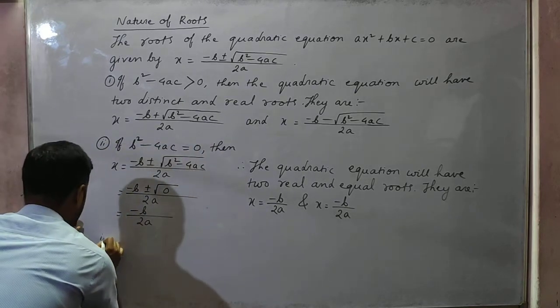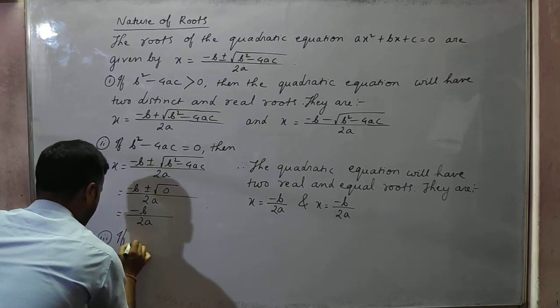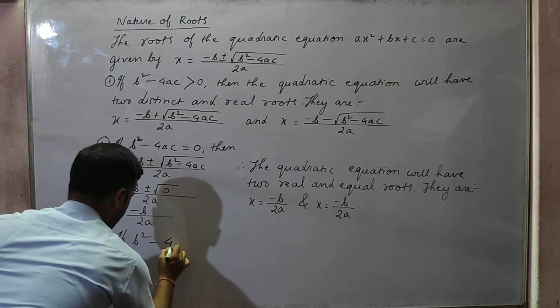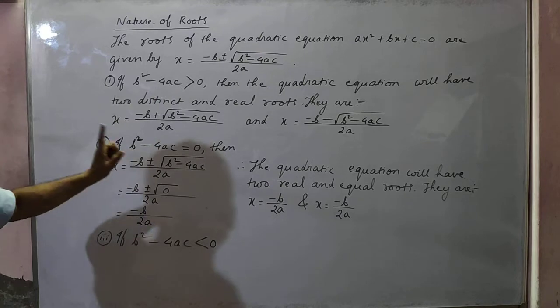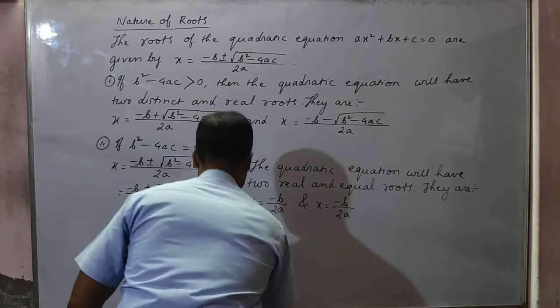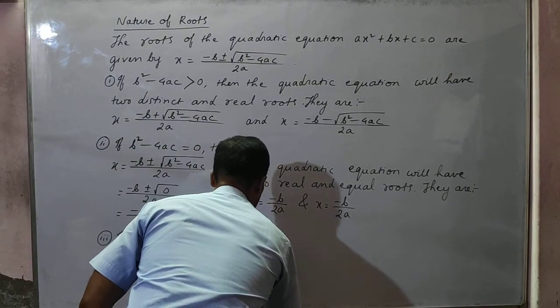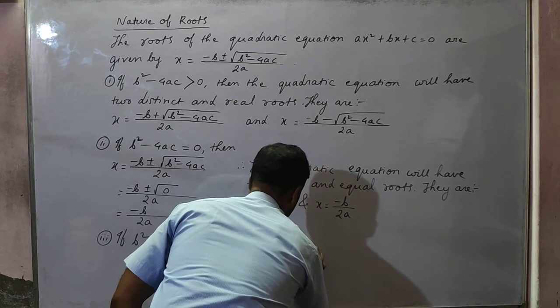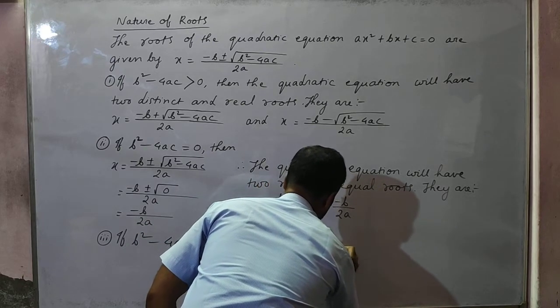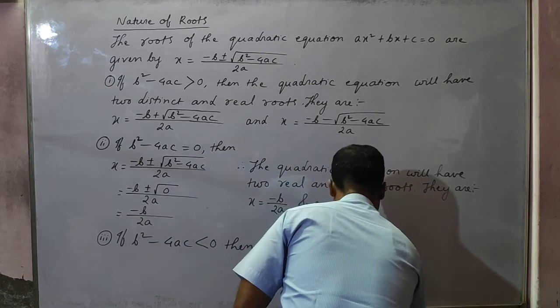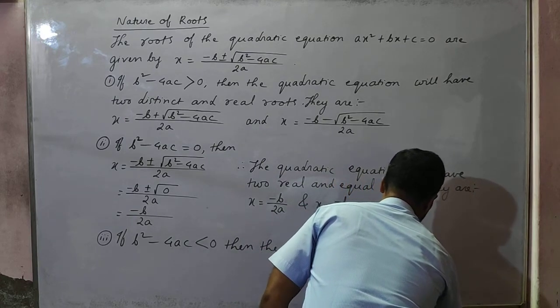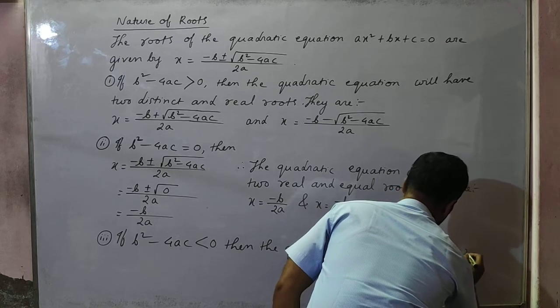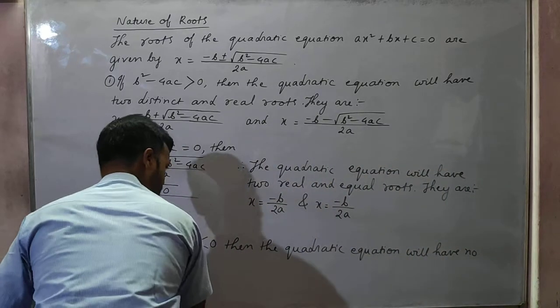And number 3, if b square minus 4ac is less than 0, then the quadratic equation will have no